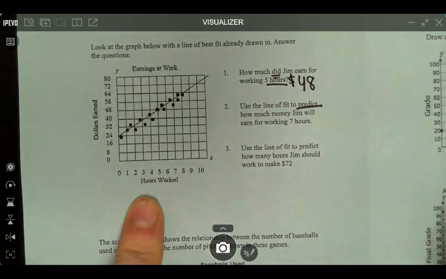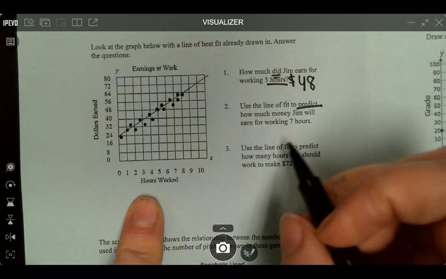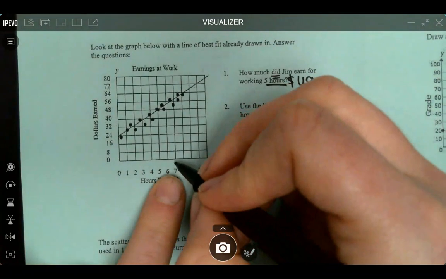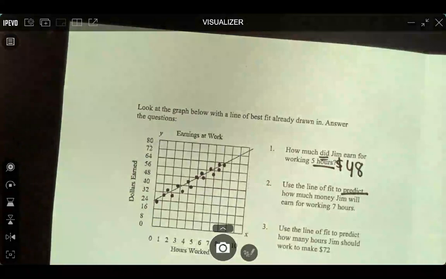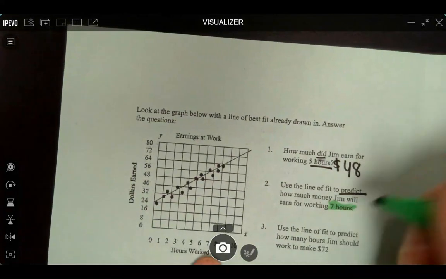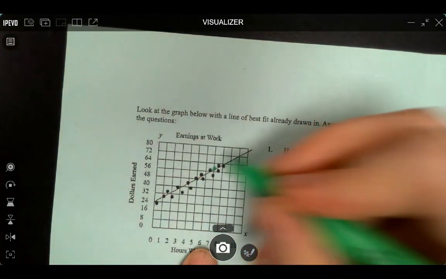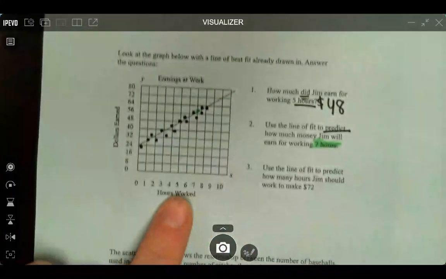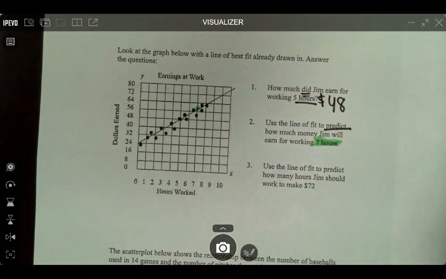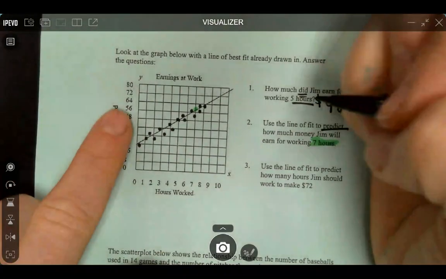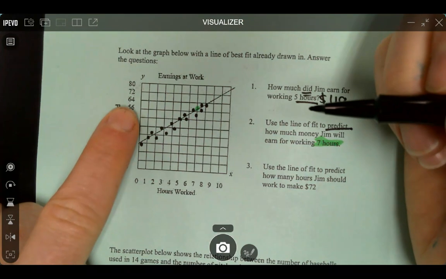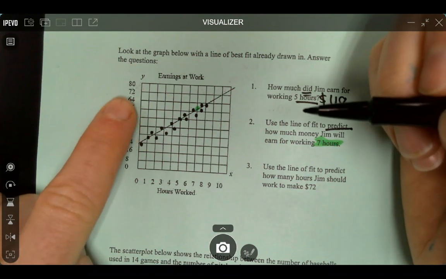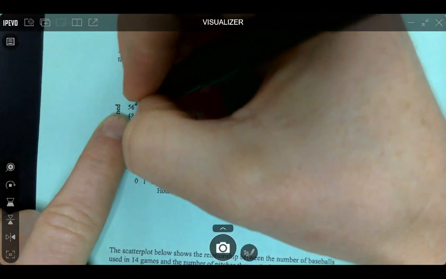Use the line of fit to predict. So this one's predicting. So you're going to use the line to predict how much money Jim will earn for working 7 hours. So go to 7 hours, find the line, a little highlighter. I'm going to go up and find out where it crosses. So we've got to do an estimation there. So I'm going to look at my y-axis. So it's in between 56 and 64. So halfway between that